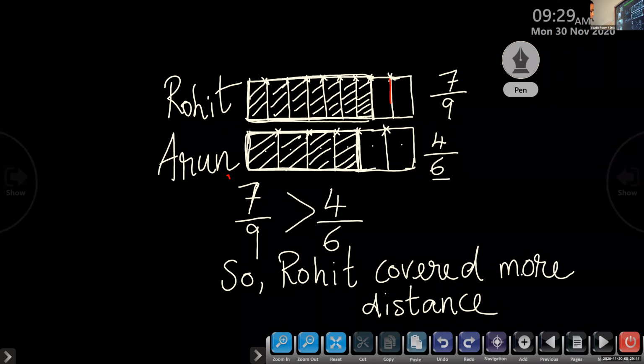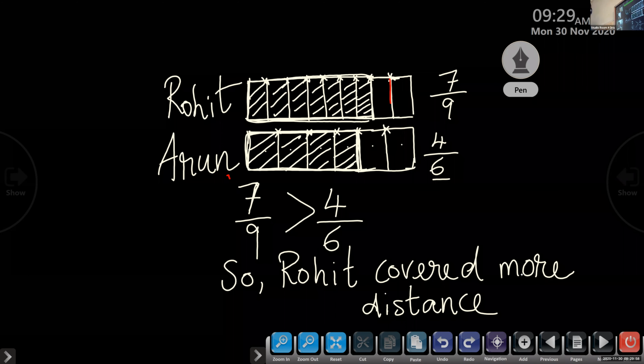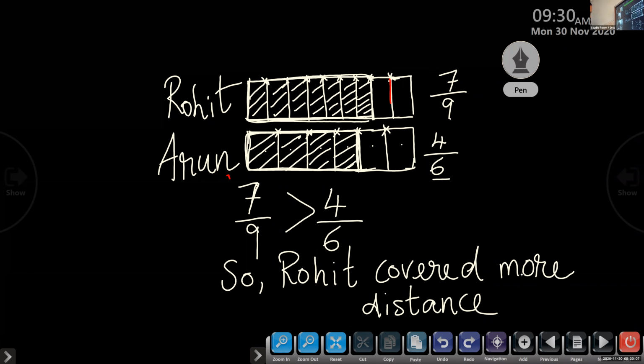Okay, so tell me, 2 by 3, into which number will you get 4 by 6? Multiply by which number? 2, yes. Very good. So 2 into 2, 4. 3 into 2, 6. So you can easily look at the fractions 2 by 3 and 4 by 6, and you can identify that when you multiply by 2, you will get an equal fraction. That is equivalent fraction, means both John and Charlie raced for an equal amount of time. Understood? So how did you make 2 by 3 into 4 by 6? By multiplying by 2. Okay.